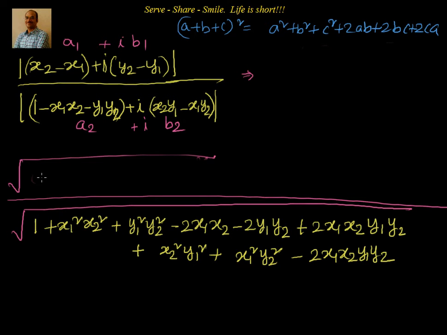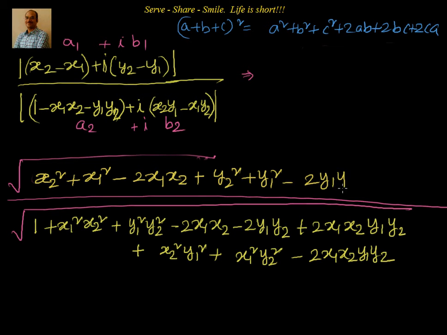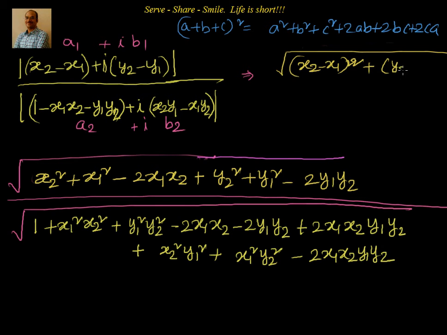So this is nothing but, now this is x2 square plus x1 square, because (x2 minus x1) whole square, minus 2x1 x2, plus y2 square plus y1 square minus 2y1 y2. That's one step missing there. That step I'll write down now next to this. So that this is nothing but square root of (x2 minus x1) whole square plus (y2 minus y1) whole square